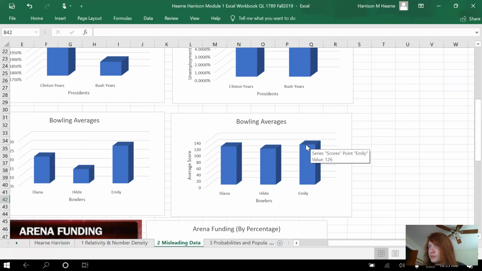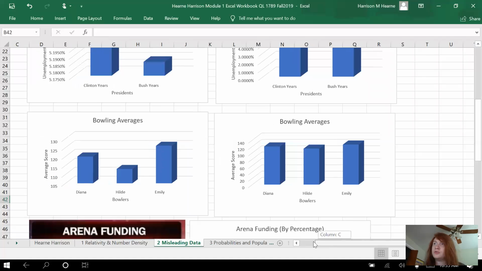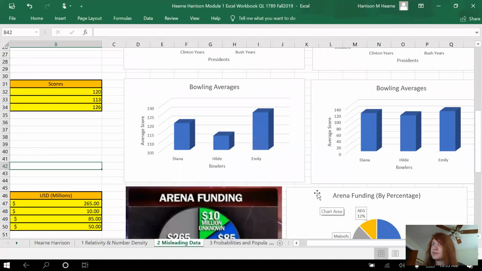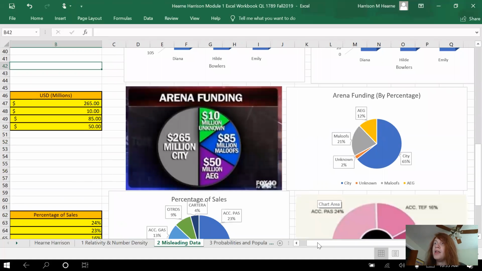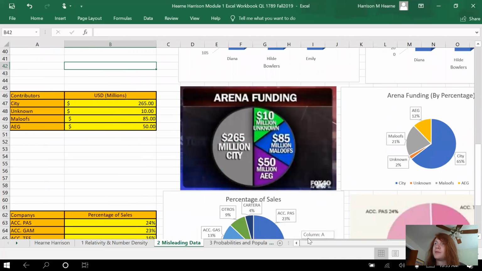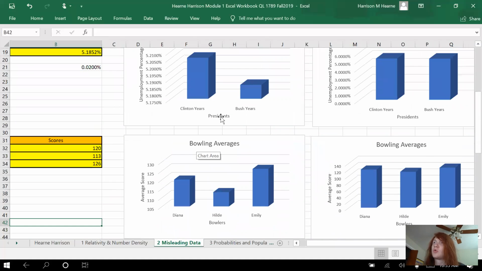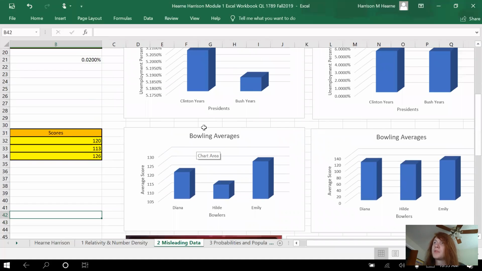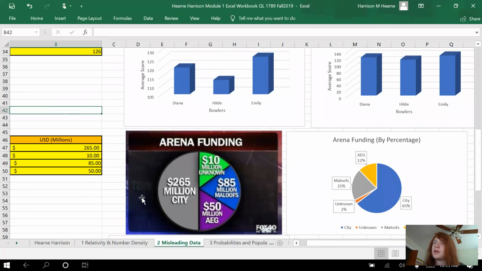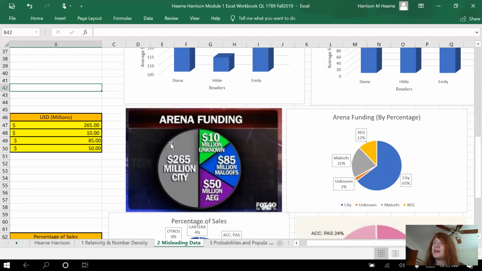There is still a difference. Like you can see, Emily's a little higher than these two, and Hilda's a little lower than these two, but it's much, much closer to what it actually is. And here is our third example. This is a good example because, unlike these, which are quite sparse graphs, this has been touched up with a little bit of graphic design, and it's also not labeled super well. So this is even more misleading,